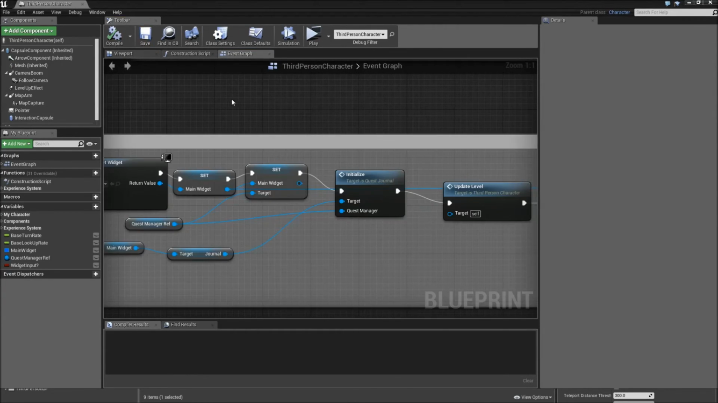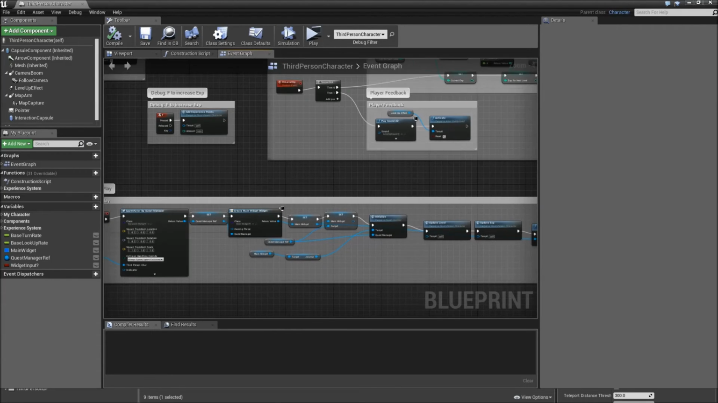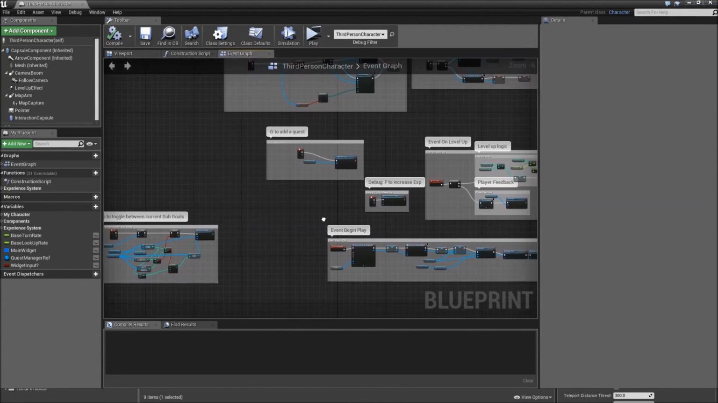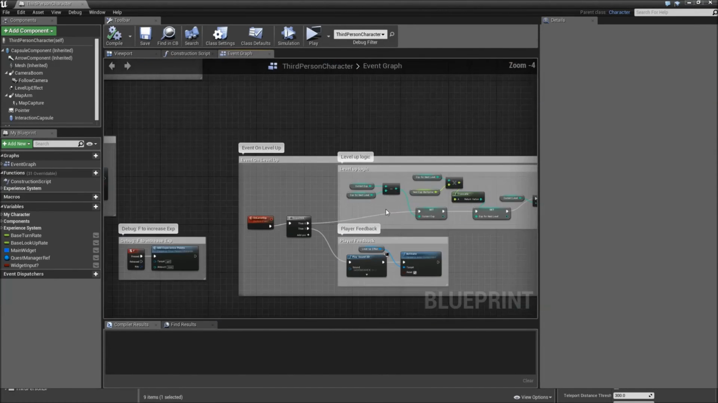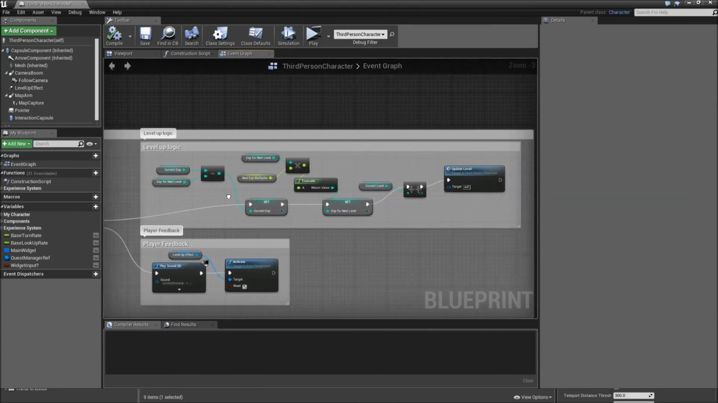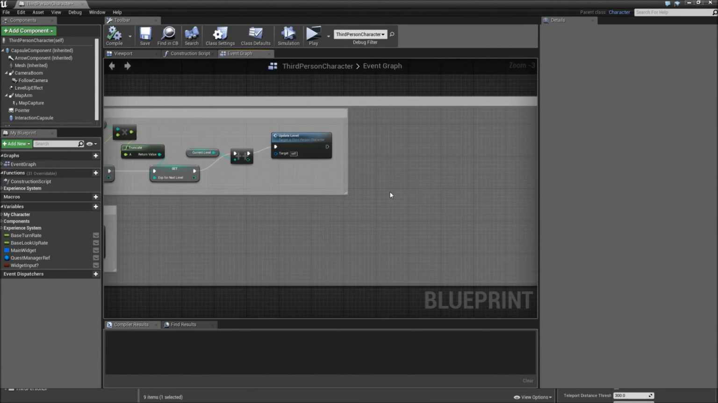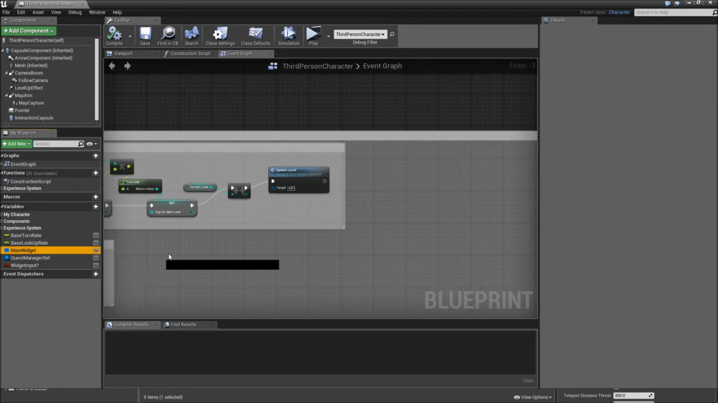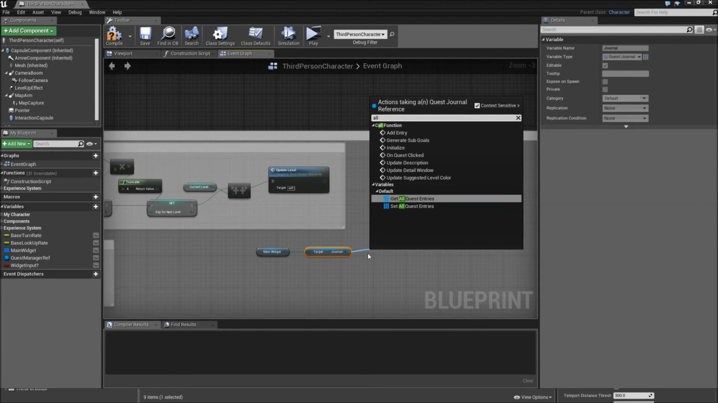Compile, save. Now we also have to worry about updating our quest list entries and the quest details when we level up, so that our little color indicator changes. So let's find our onLevelUp event. Here it is, event onLevelUp. Let's expand our comment box here. After we update the level, we want to drag in our main widget, get the journal, get all quest entries,